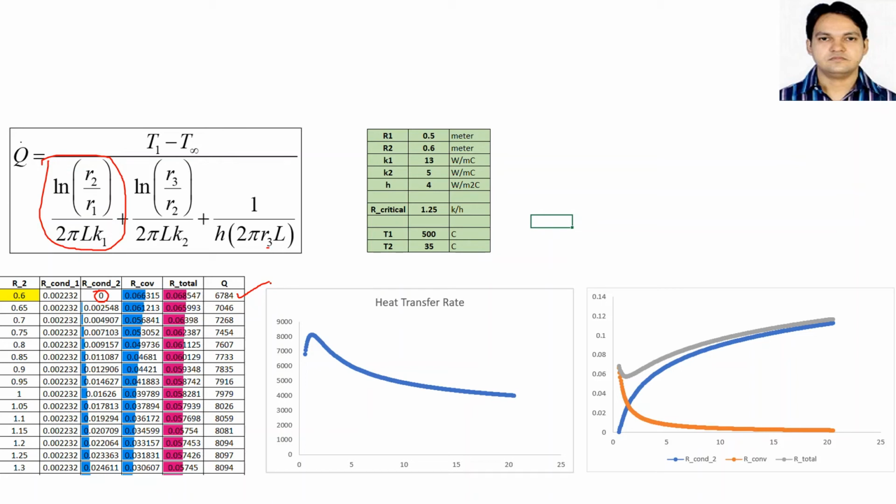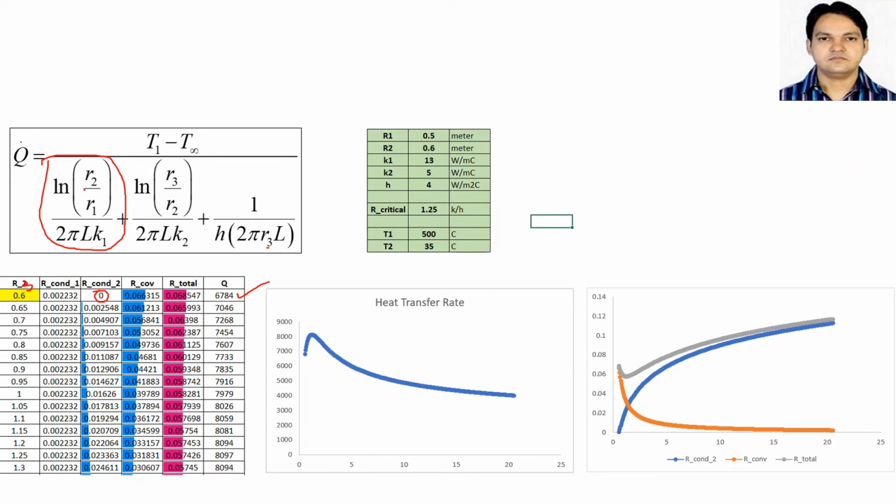Now what I have done is I have incremented the value of R3. Sorry, I have mentioned R2 here. You consider it is R3. I am incrementing this value by 0.05. So now my R3 I will take 0.065, then 0.07, like that. So the increment is 0.05, and I have checked for the different values of resistance.